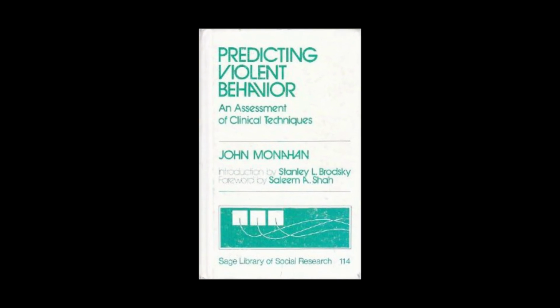Monahan in 1981 in fact concluded that psychiatrists and psychologists were only accurate in one of three predictions of violent behaviour, despite the fact that these predictions were made in relation to a population of people who had a high base rate of being violent. This is probably partly because even in such groups with high base rates of being violent, the majority of people still do not commit acts of violence, thus inflating our false positive errors. This is a bit of a problem if you're writing a report for a parole board.